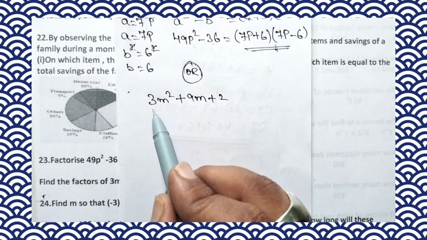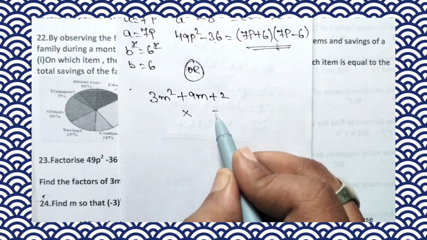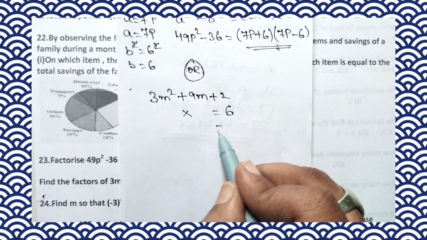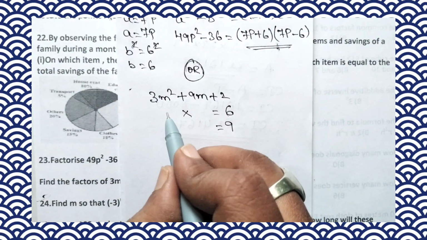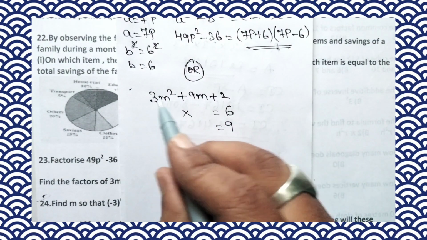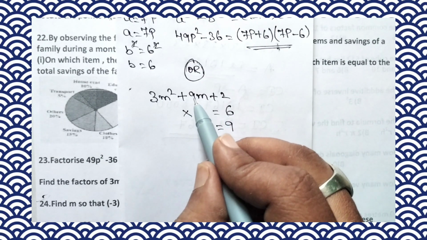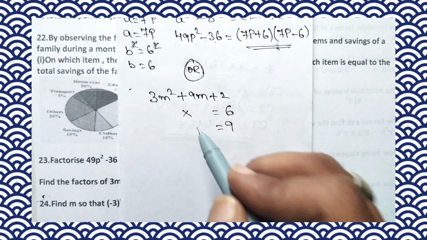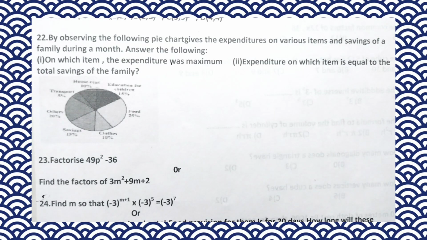Now if you multiply any two numbers, 3 twos are 6, you have to get 6. If you add or subtract the same numbers you have to get 9. So multiplying should give 6 and adding should give 9. So in this question